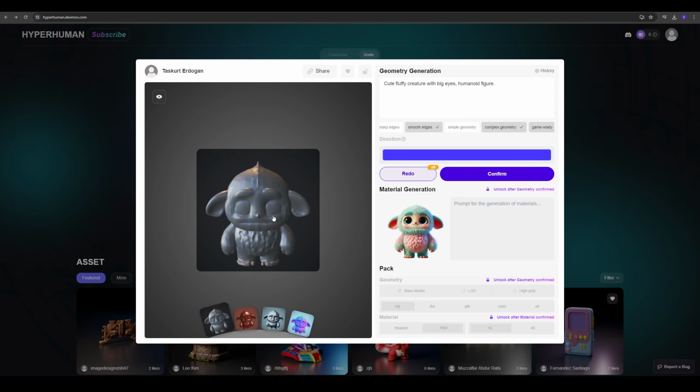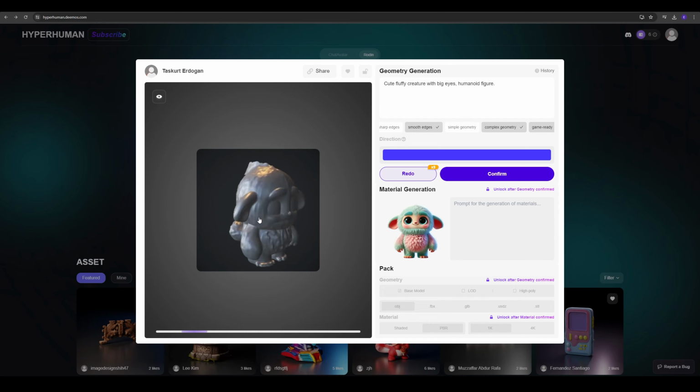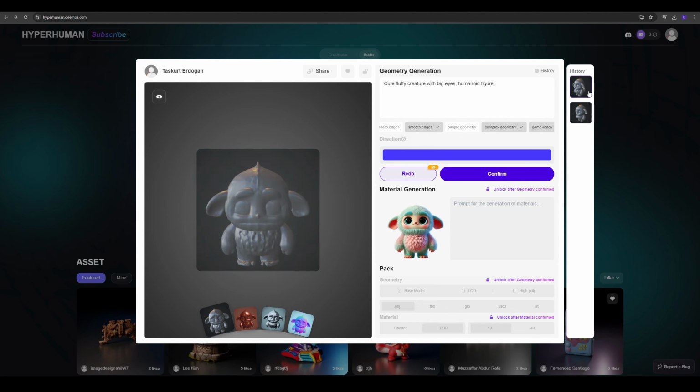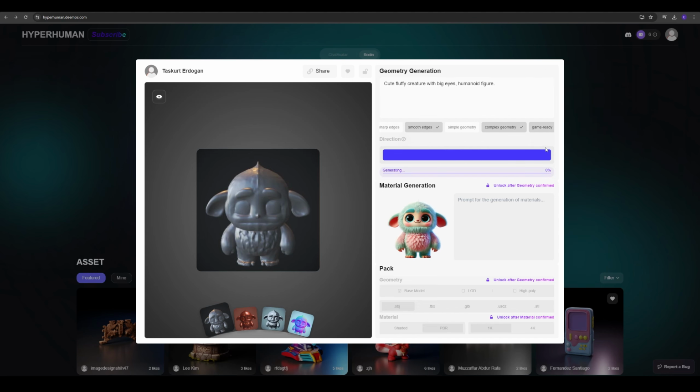I actually like this one. It's not perfect, but it is really close to the reference image. If you prefer the first one, you can go back using the history, but I will keep this one and press confirm. Quick tip: if you want to rig the character for games, it's best to use a reference image